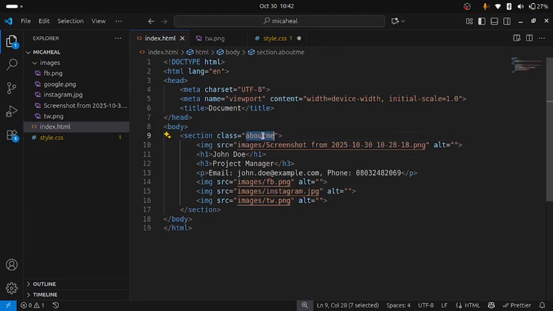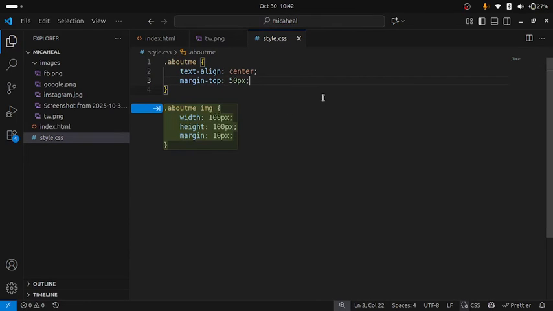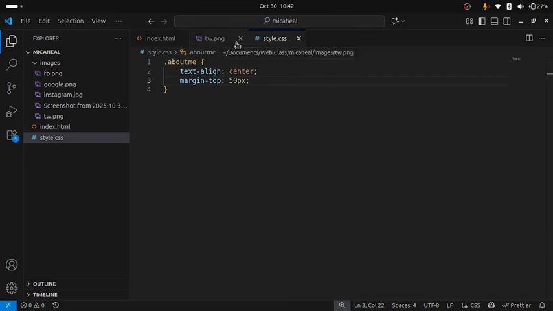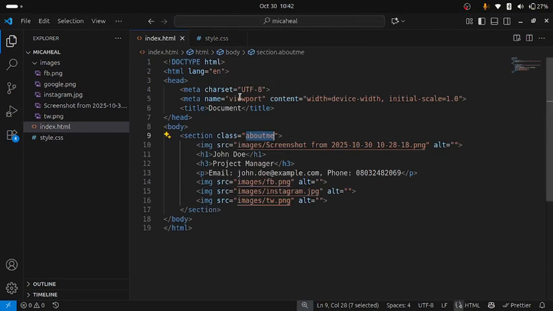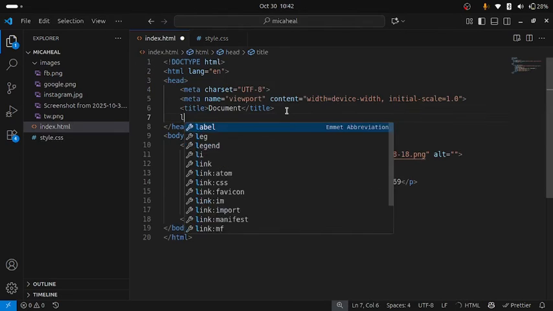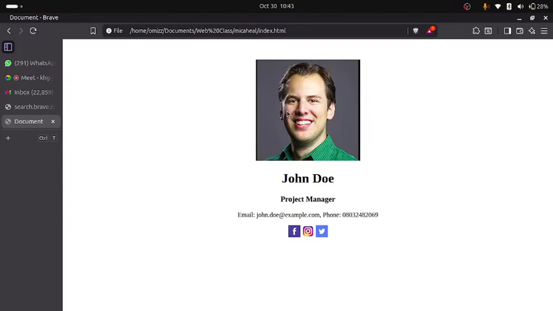So I'll copy this now. I'll save it. I'll come here. I'll put, I don't know if I wrote the name correctly, about me. So I will say text align center, margin, blah, blah, blah, all these things, right? Now if I do all these things here, will it work? Look at it. It won't. Why? Because I've not linked it. I didn't link it here. So I have to come back to this place to link it. I'll say style.css. If I say style.css now and I refresh it, can you see